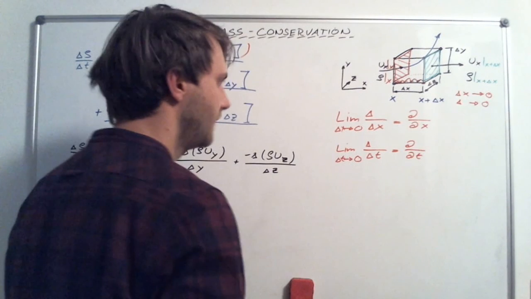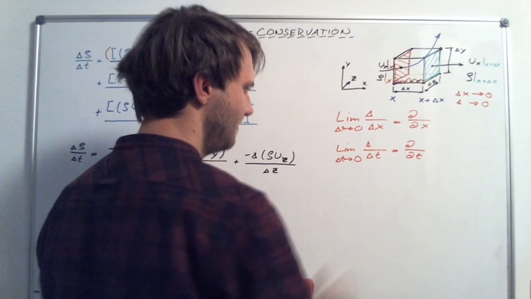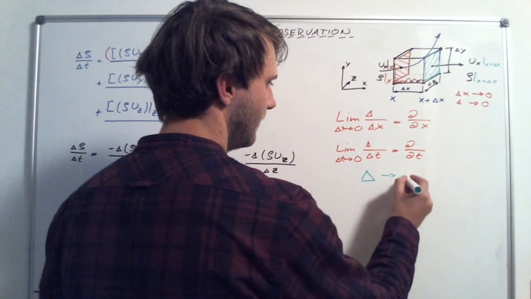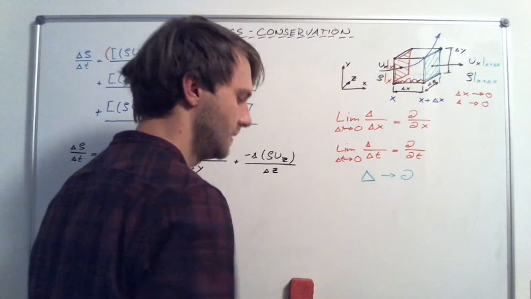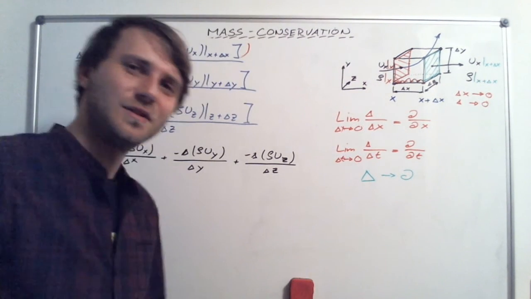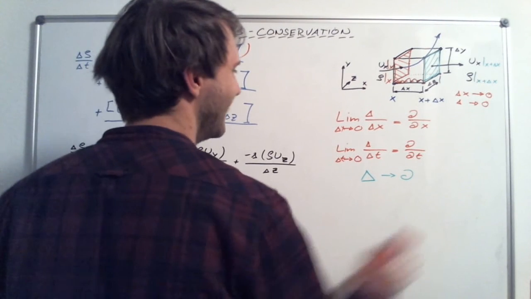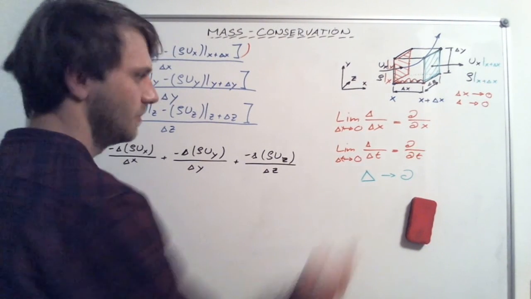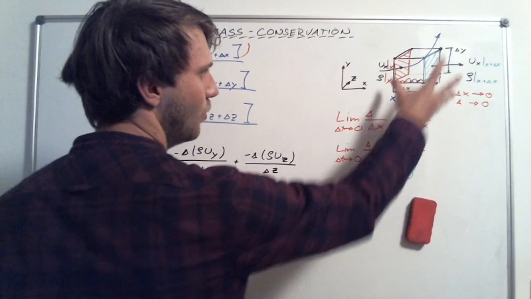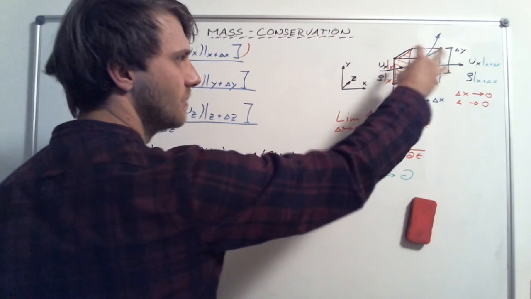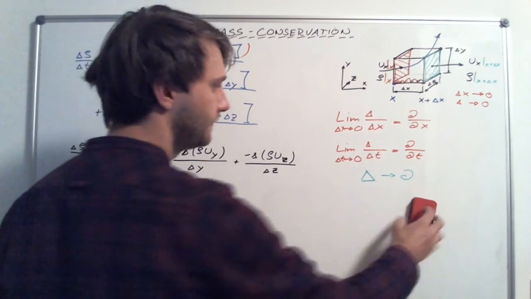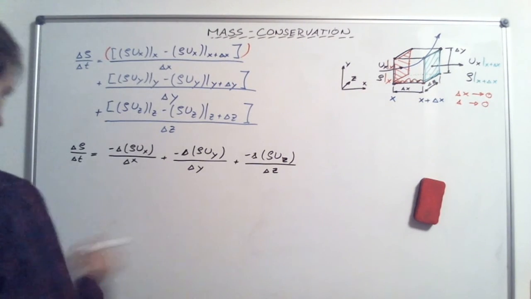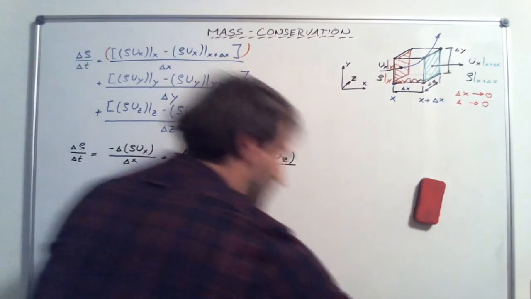So if you are not so familiar, simply replace delta by partial sign. And that is how mathematics works. So you know what I'm doing now: I will replace everything here due to the fact that I will make my volume element smaller and smaller and smaller. And then we will end up with